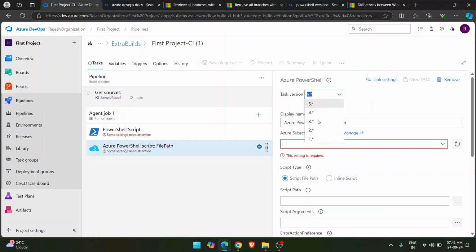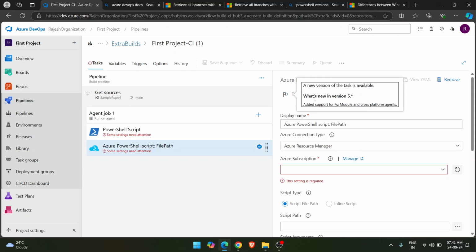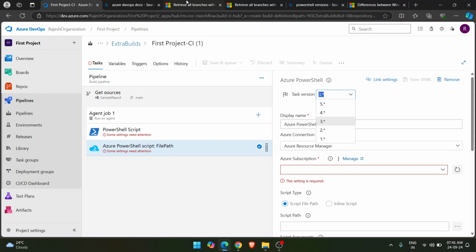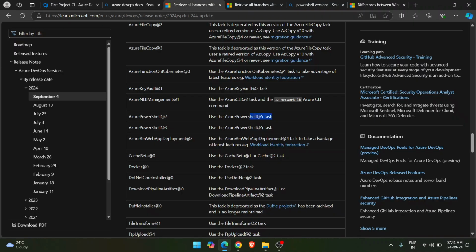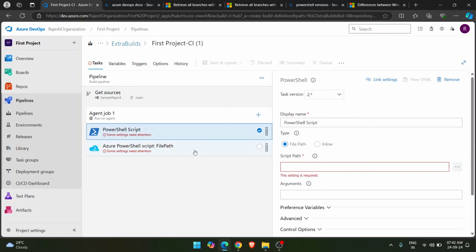If I go for version 3, you can see there is a flag symbol. If I click on that, it says a new version of the task is available. That is what's new, Azure PowerShell 5. You may not understand how this is displayed: this display is from YAML tasks. Azure PowerShell at 2 to 5 will be shown in the YAML task. If I select this,